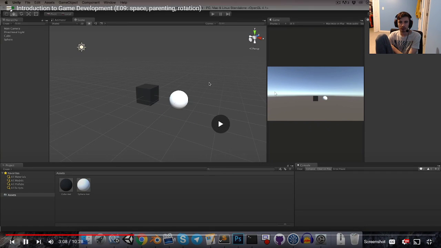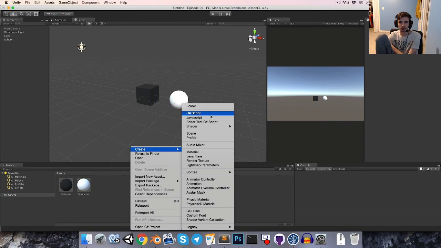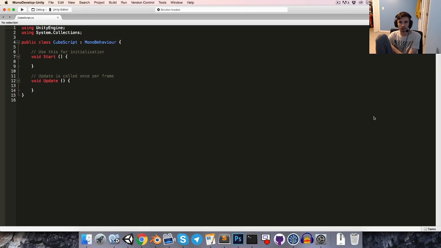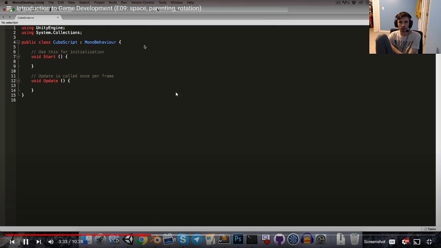Right, so I've reset the scene back to how it was at the start, and let's experiment with some of these things now through script. So I'll just right-click, create a new C# script, and maybe call it something like cube script. And I'm just going to attach that to my cube object, and then we can open it up. So let's say that we want to parent the sphere object to the cube object. The first thing that we'll need is a reference to the sphere's transform. So the easiest way to get this